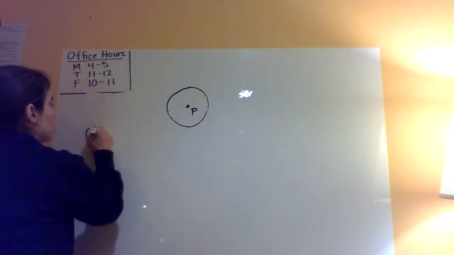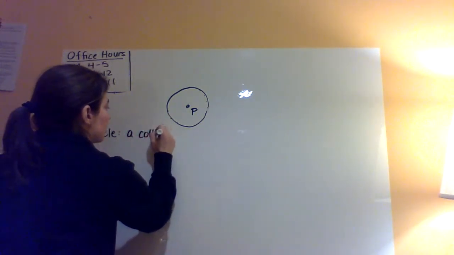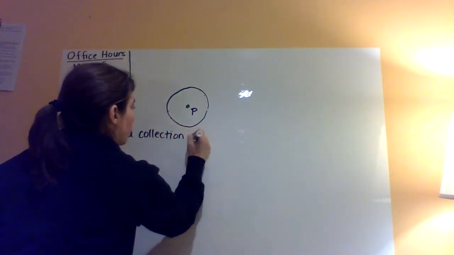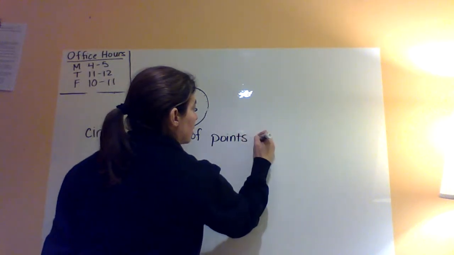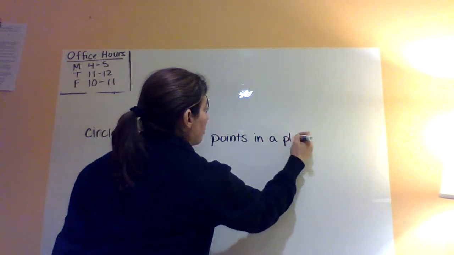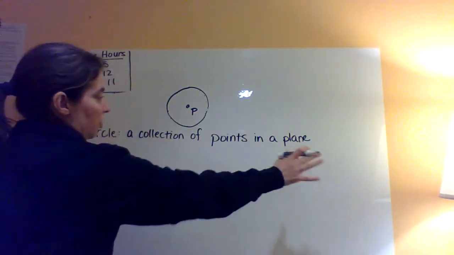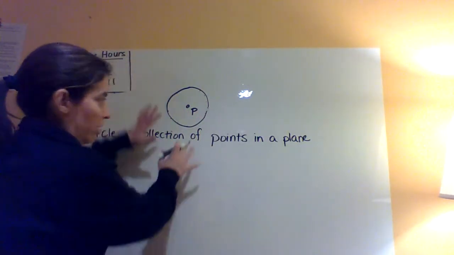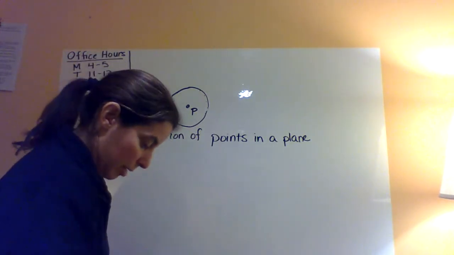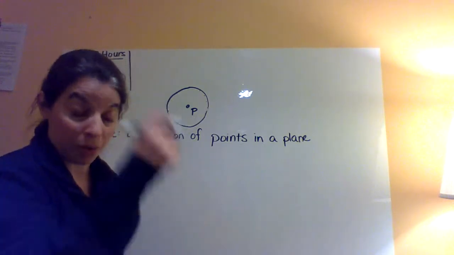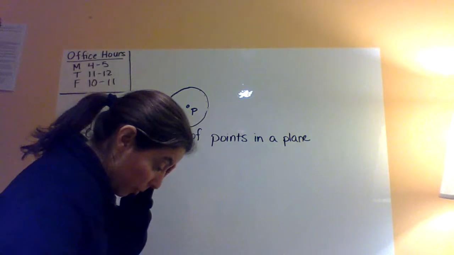So a circle is a collection of points in a plane. So a plane means it's two-dimensional. This is a plane, right? It goes left and right and up and down. It doesn't come out at all. It's not three-dimensional. Or your piece of paper on your desk is two-dimensional. Or your grass where the stake is, your lawn is going to be two-dimensional. So it's a collection of all the points in a plane,